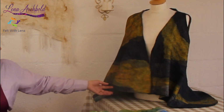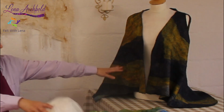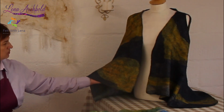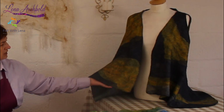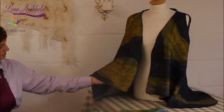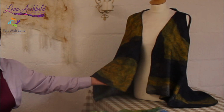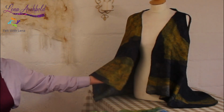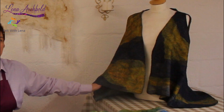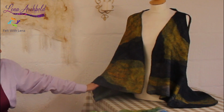This waistcoat, can you see on this side, I created using this silk. So it's a black wool. So I use a gray and yellow silk. So black comes through yellow, given different colors. I can't say dirty yellow, it just creates that particular color. So what I want to say is, you can play with colors of wool and silk, achieving different